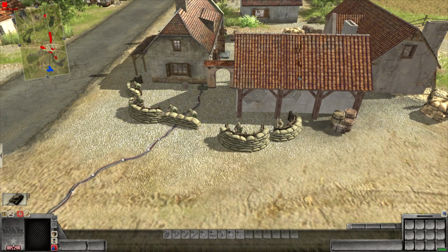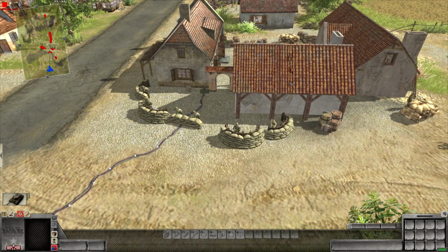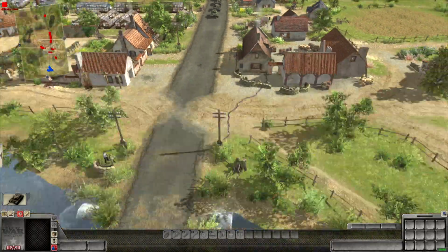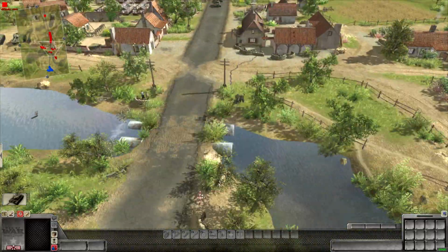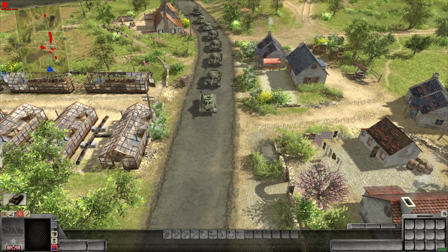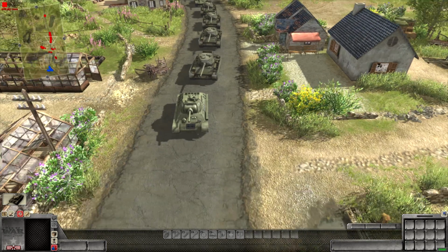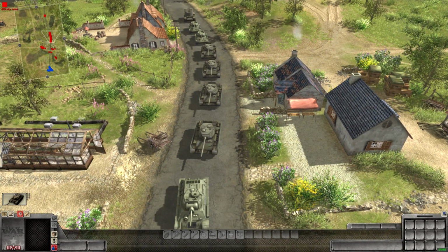So we've got a few infantry holding out in kind of their headquarters here, this little compound. Most of them are just infantry, so as tanks get disabled, I guess they could take pot shots. But the theory was, for this scenario, that the Americans found out about a Russian position, and the Russians sent in an armored convoy here to intercept the enemy tanks. Now, I'm not really sure if there's going to be enough of them. As you can see here, there's an old T-34-76 playing point man. And then we've got some experimental...